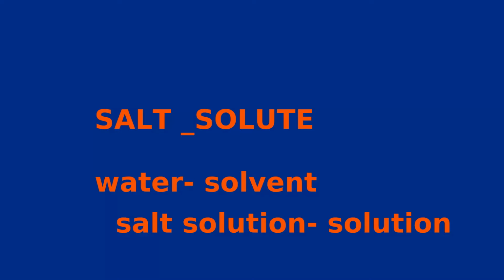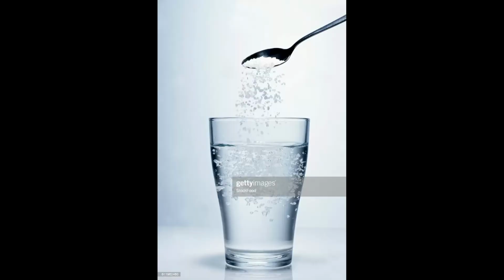Okay, my question is, in this salt solution, which type of molecules can you see? Only the molecules of salt? No, but we can see molecules of water also, isn't it? Yes, when we add salt into this water, there are molecules of salt and molecules of water. There are two types of molecules. Any doubt? If we take salt solution, it contains molecules of salt and molecules of water. So, in this solution, there are two types of molecules.